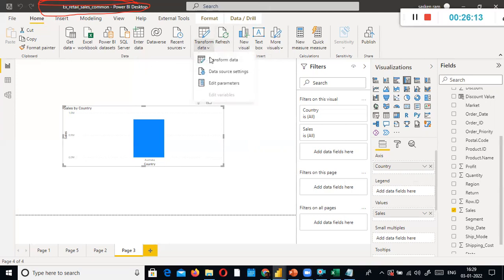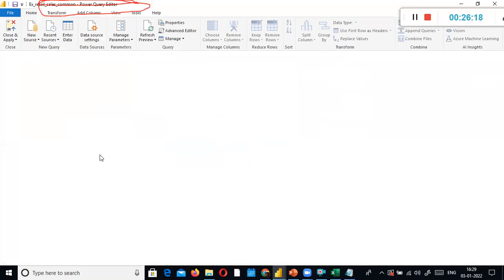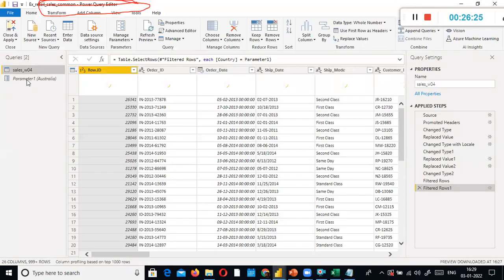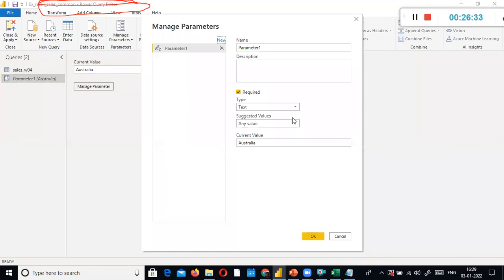So I just go to transform now. I'm not going to create any other parameter. I'm going to use the same parameter which I created. Then I click manage parameter. Here, I select list of values.